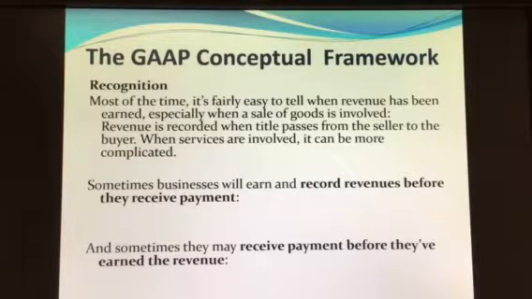Most of the time it's pretty easy to tell when revenue has been earned, especially when we're dealing with the sale of goods. When you go to Walmart to buy, let's say, a bag of Doritos, there's an argument in accounting theory that the earning process has already begun. You made that decision maybe back at the house, and you came to Walmart with the intention of buying that product in mind. As you walk in the store, once again, someone could say, in one sense, the earning process is already started, or it's already in process.